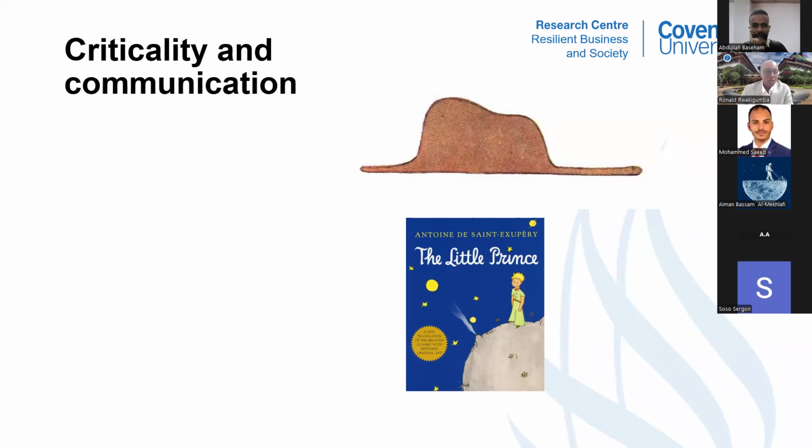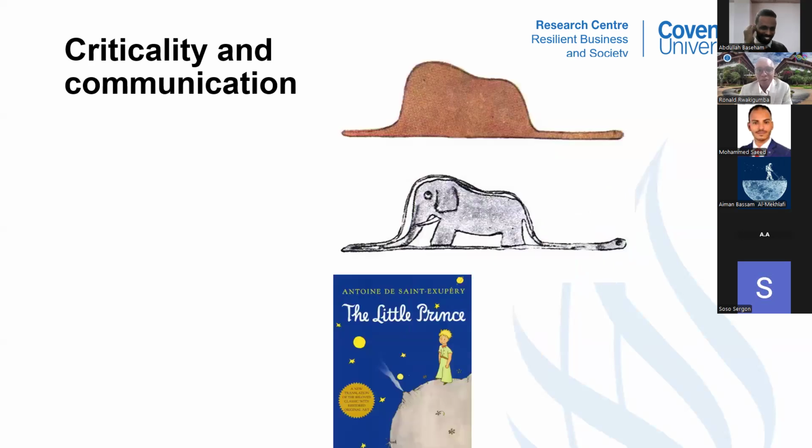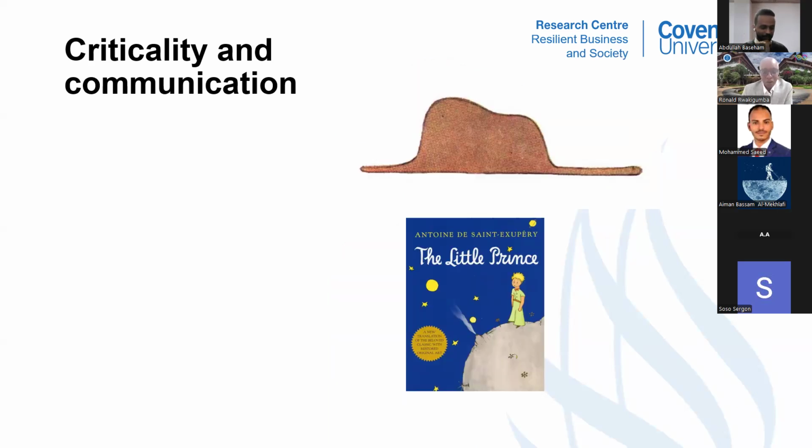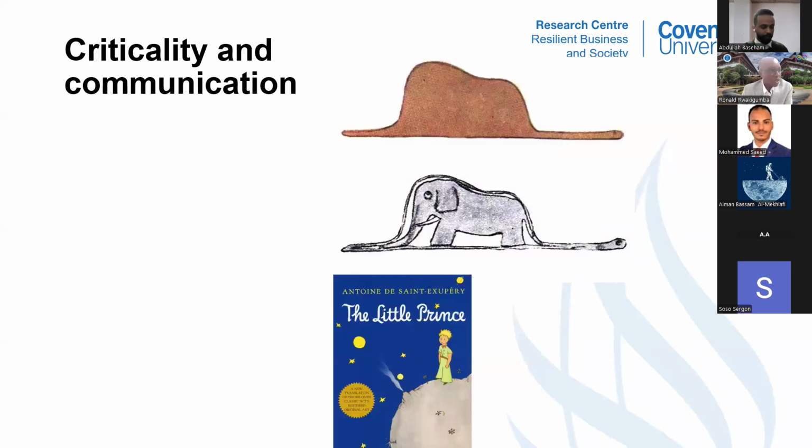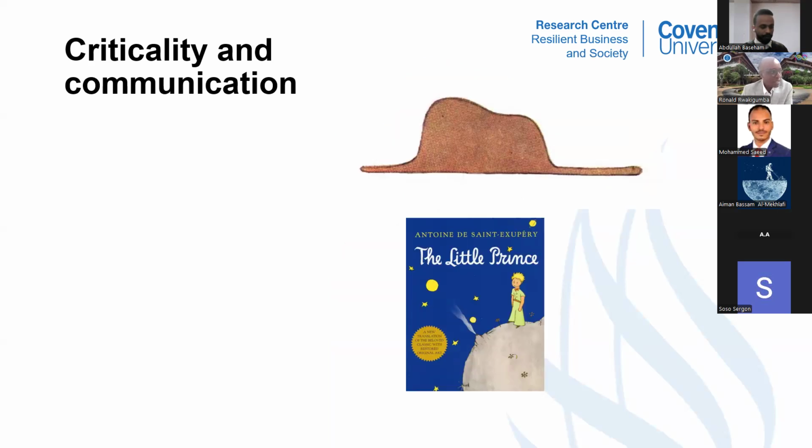And Antoine was so unhappy because he had not drawn a heart, he had drawn something else. So he had to explain what he had drawn, and it had annoyed him because what he had drawn was an elephant inside of a snake. So this snake had swallowed an elephant, and he was unhappy that adults demanded of him to draw this picture. But he thought, this is simple enough. You can see that there is an elephant and it's being swallowed by a snake.